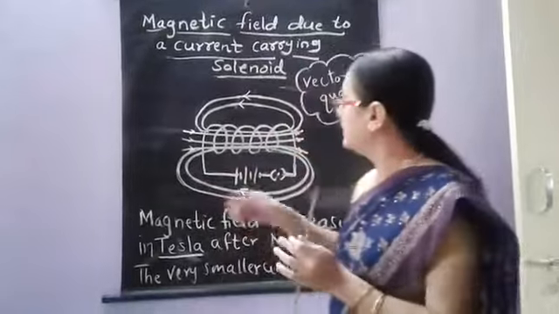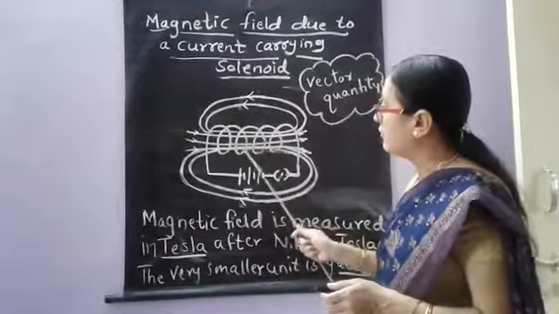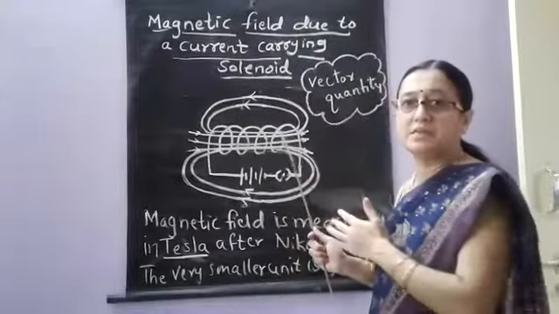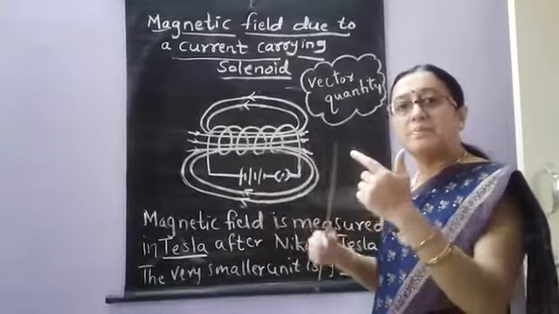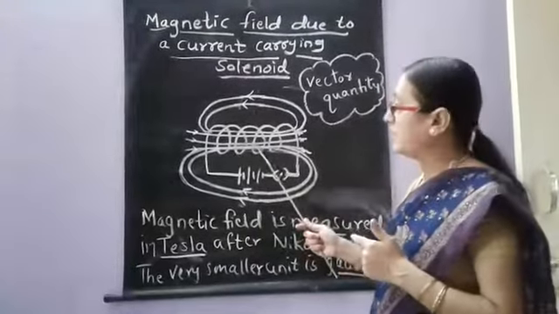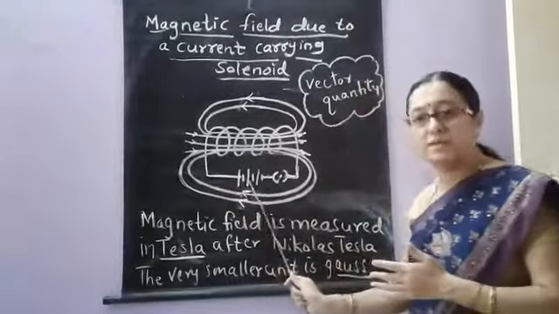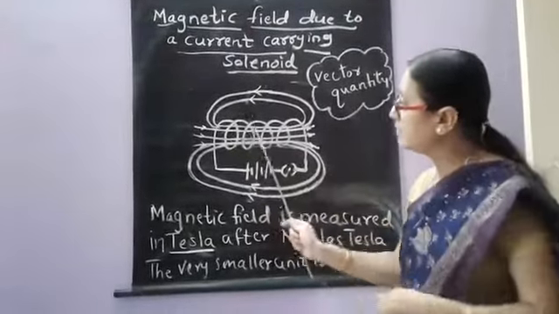What is a solenoid first? A solenoid is an insulated copper wire which is wound in the form of circular turns, with many number of turns. So basically it's an insulated copper coil with many turns. That is called a solenoid. The ends of this copper coil are connected to the battery and the plug key. So when current is passed into this solenoid,